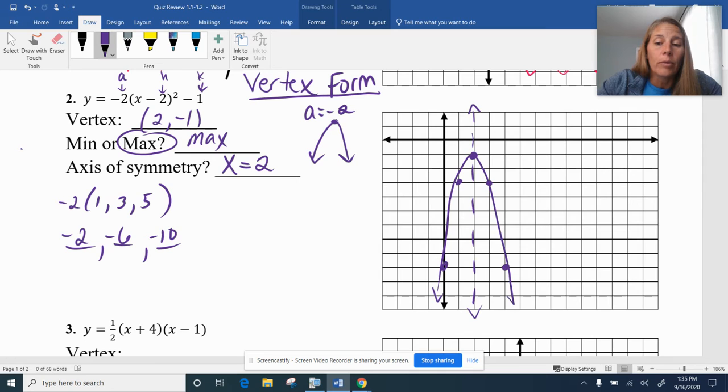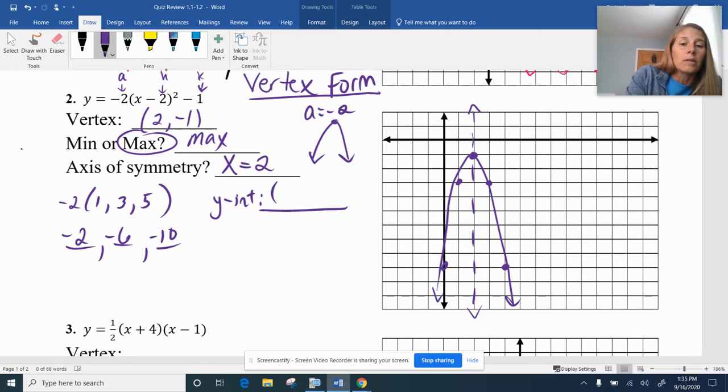And there is my parabola. Now, a couple things, right? So the y-intercept is the point that you get when you substitute 0 in for x. In this case, it's a little crooked here, but I can actually see it on my graph. It is 0, and then 1, 2, 3, 4, 5, 6, 7, 8, 9 boxes down, so I know that's